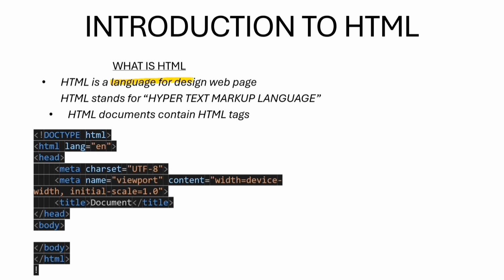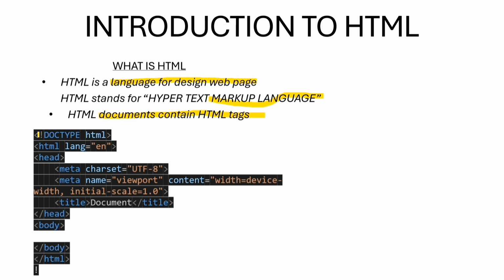HTML is a language for designing web pages. HTML is a language, but it is not similar to other languages like Java, Python, C. It is a markup language, meaning it uses tags that communicate with the browser and display what we have written in the code. An HTML document consists of some HTML tags. As the name itself says, HTML is HyperText Markup Language. It uses tags and implements the code for designing a web page structure.